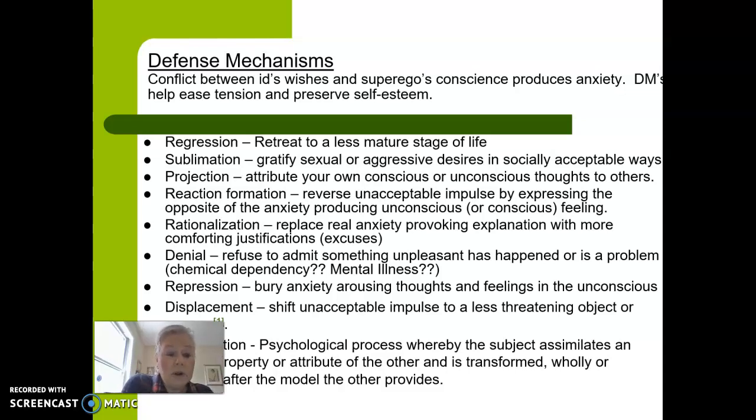This can be dangerous in things like groups that are extreme groups like neo-Nazis or something like that, where people identify to try to find a place to fit in, even if it's an unhealthy place to be, but they just want to be part of that group. Now, there are a lot of other ways that identification is described in the psychodynamic literature. This is the one I am choosing to use.